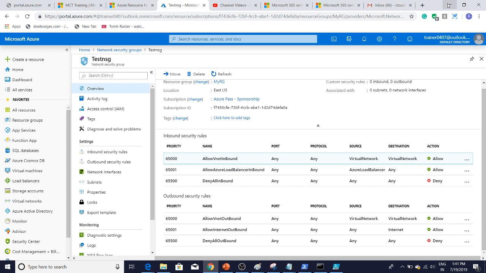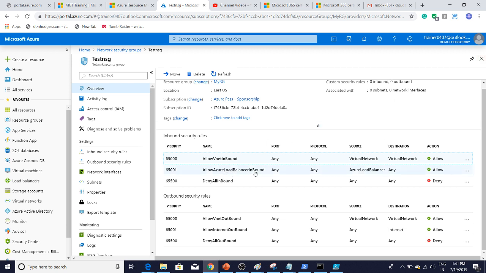But I have also told you that these default security rules can be overridden. They cannot be deleted, but they can be overridden by creating a rule with a lower priority number. In the case of route tables, I have shown this to you, the user defined route. So let's talk about default rules again. The default rule says within the virtual network, all kinds of traffic are allowed. That's the first default rule. The second rule says